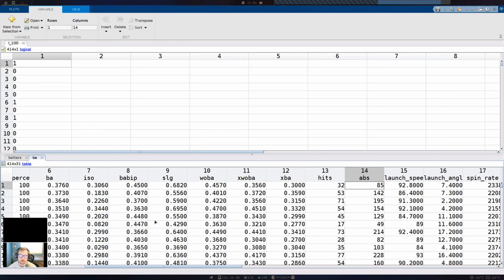And if it's less than 100, we're using our logical operator up here, which will give us a logical answer of 1, which means true, or 0, which means false. So for the first row, or for the first player, Matlab is going to look at it and say, is 85 less than 100? Well, yes, that's true. So it gives us a logical answer of 1, which means true.